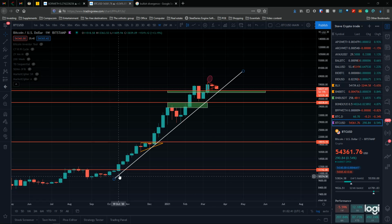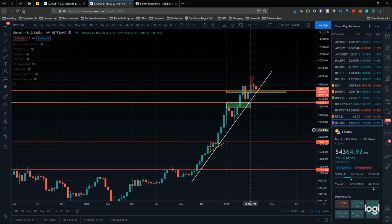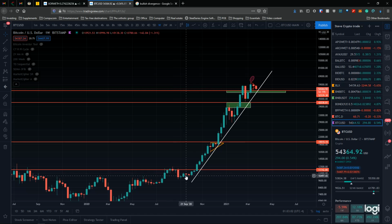So we've gone over the parabolic uptrend, right? This line here, this parabolic ascending trend line. We've basically held this ever since October 2020, where it started back here. We could tighten it up a little bit, but you get the drift. So we started our parabolic uptrend,